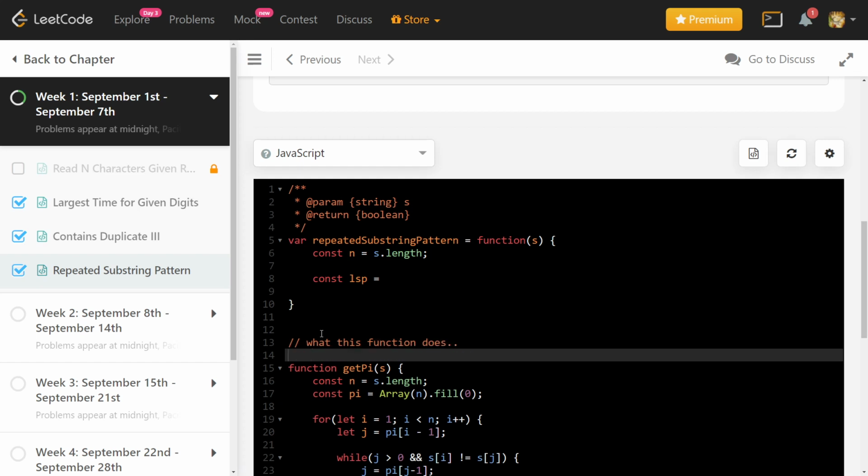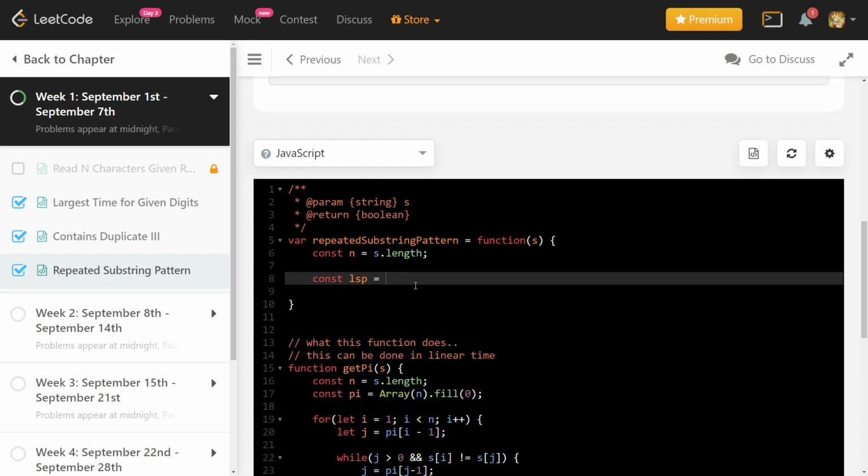And this can be done in linear time if you find a good implementation. Right, so LSP, we will say, this is actually the LSP length, which will be equal to getPi of s. So we are doing something here.